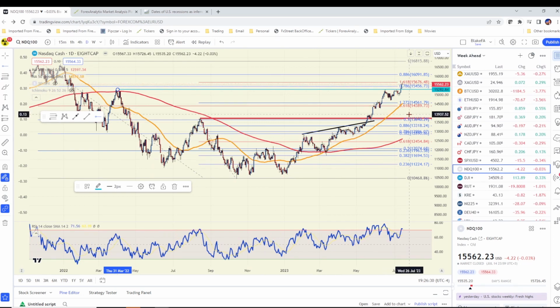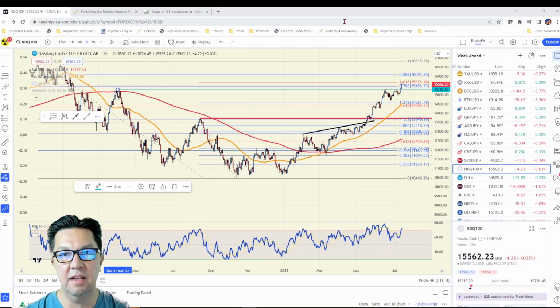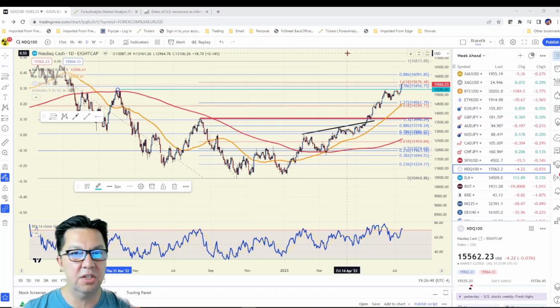If some of these markets, the NASDAQ, the S&P, the Dow, start to find resistance up here, I think you're going to see some reversals from some pretty key levels in the event that does happen. We haven't seen any suggestions of that, but knowing that the FOMC is literally at the end of the month, we need to think that there might be a little bit of profit taking ahead of the Fed.